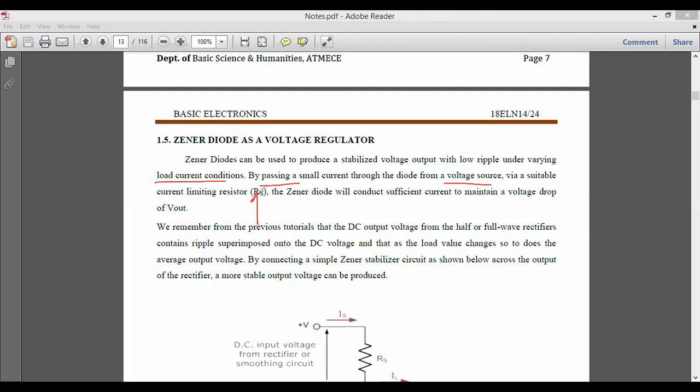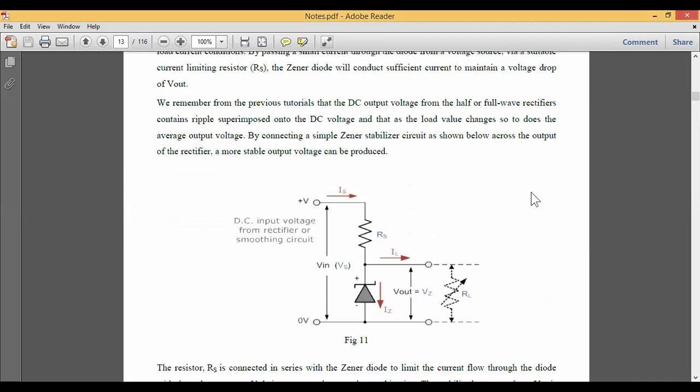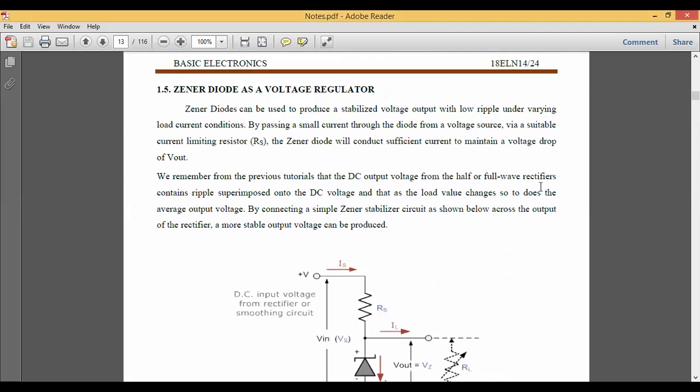Now we know the operation of a normal resistor is to oppose the flow of charge, the flow of current, right? So if I take a normal current limiting resistor in series with the Zener diode, that Zener diode will try to maintain a constant voltage drop across the output. We cannot say the output voltage will be varying. So it is possible, if you design a circuit or a normal stabilizer properly, that even if you change the input voltage, your output is still maintained constant.